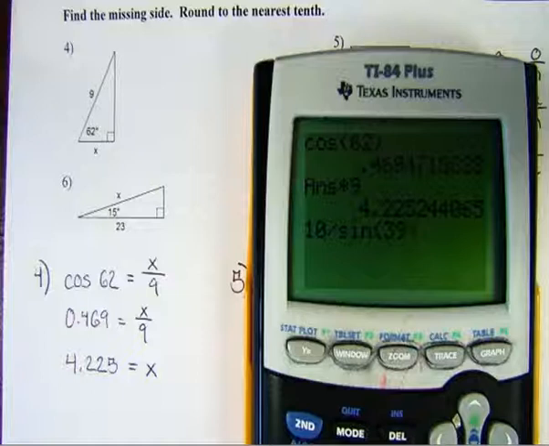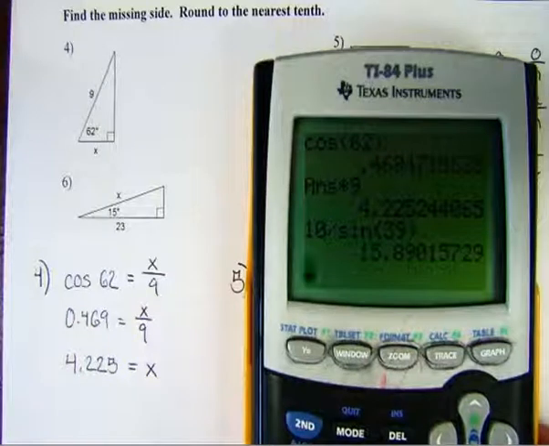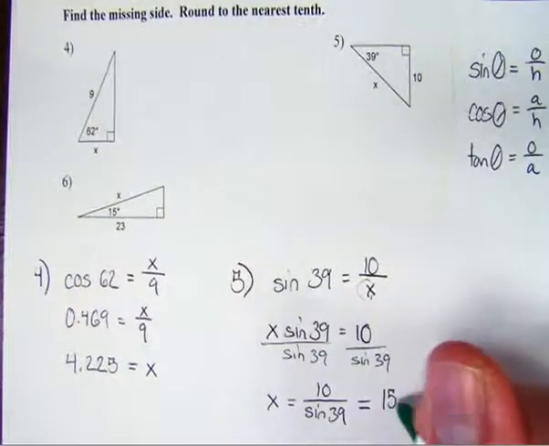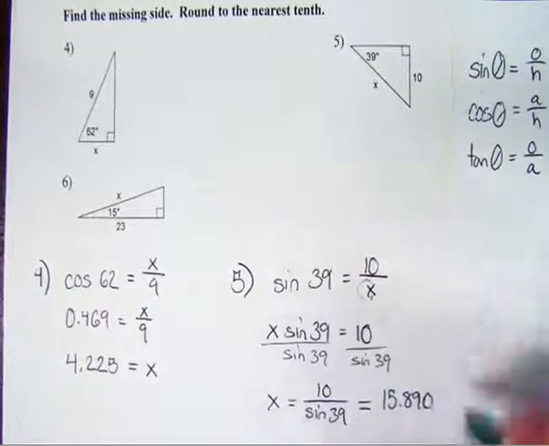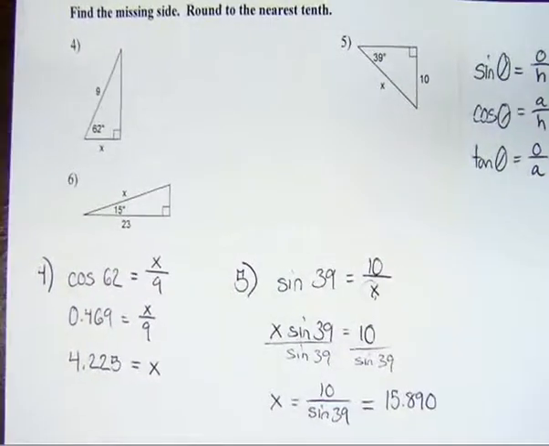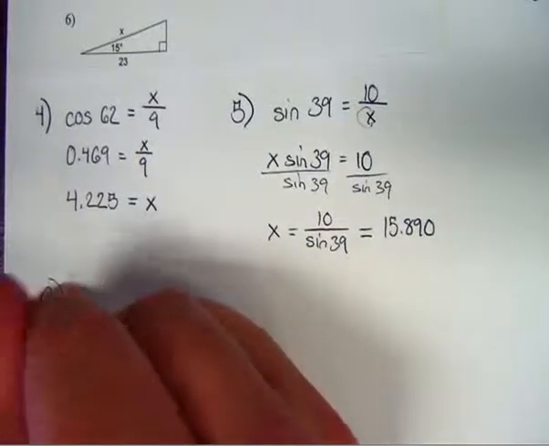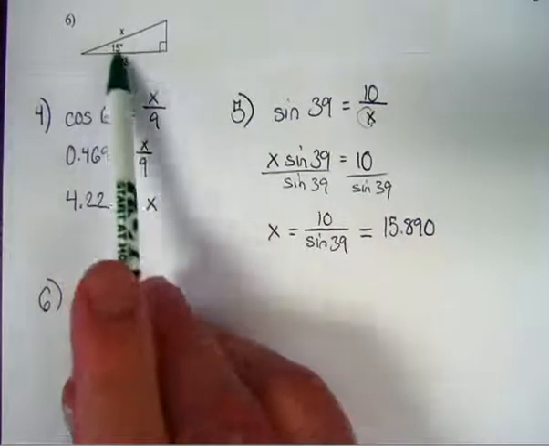10 divided by the sine of 39, and it's going to be 15.890. Just like that. Number 6, I'm going to leave partially to the imagination, but notice again we have the angle,